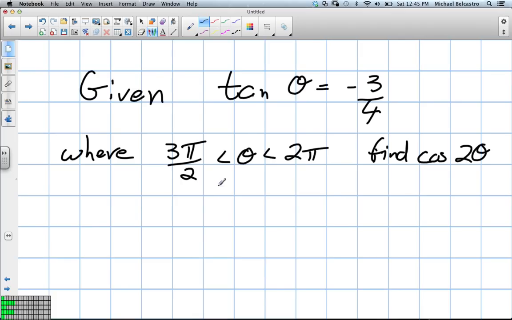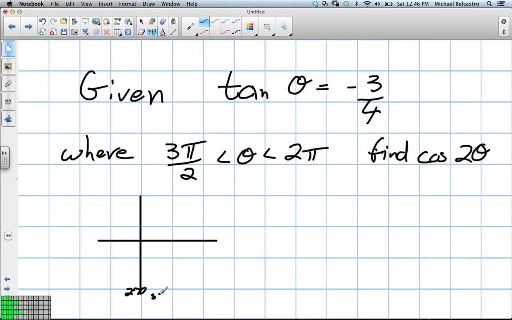Okay? Another double angle formula question is this one. Given that tan theta is equal to negative 3 over 4, where theta is between 3 pi over 2 and 2 pi, find cos 2 theta. Okay, so let's try to make sense of what they are asking us here. Does that mean it's in the fourth quadrant? Yes, exactly. It is in the fourth quadrant because